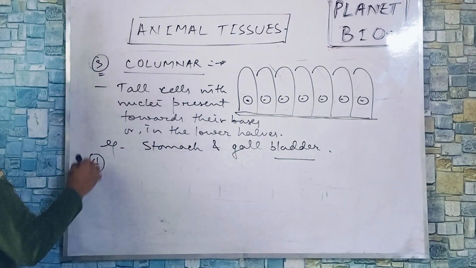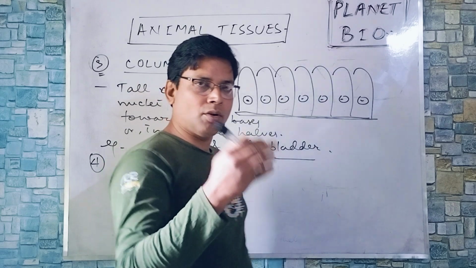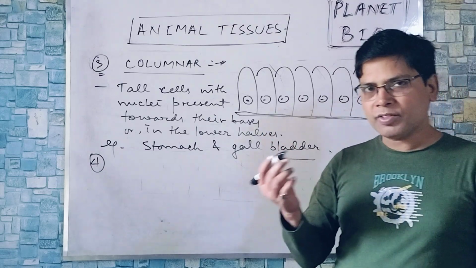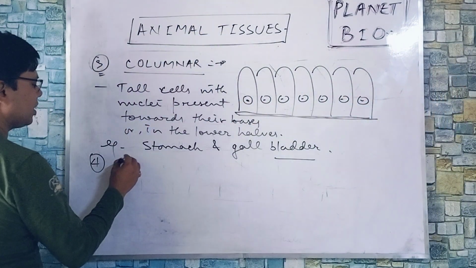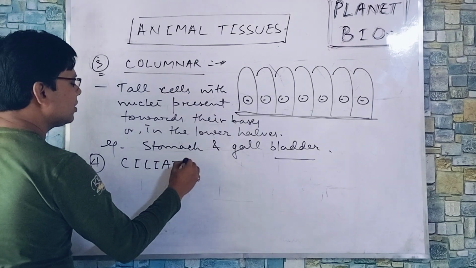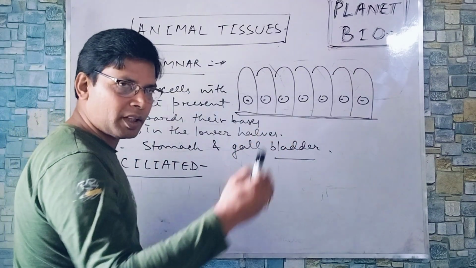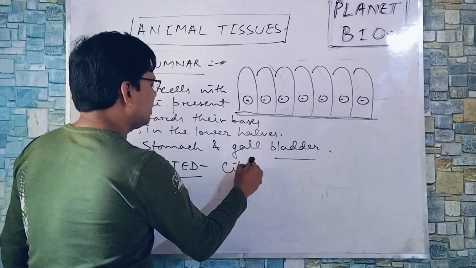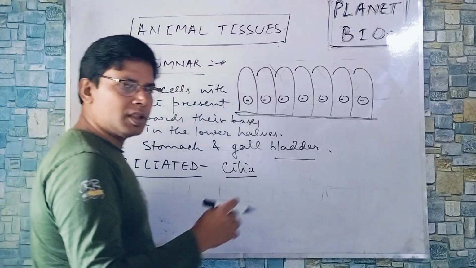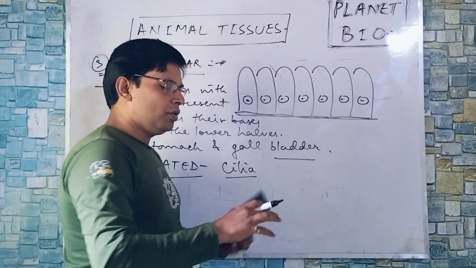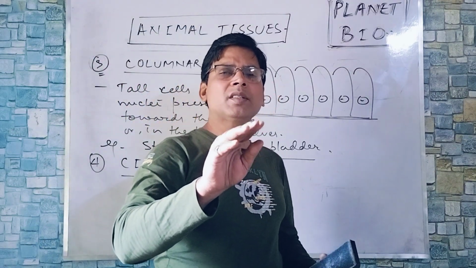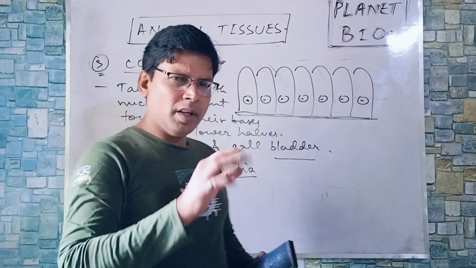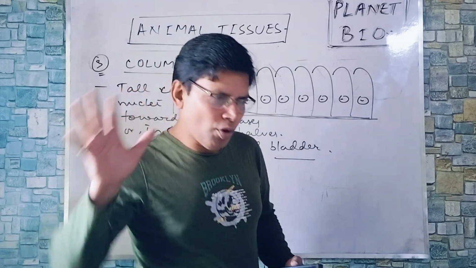But as the cuboidal cells or the columnar cells, so you can see these cells, tall cells or cube-like cells have cilia. At their free ends, they become ciliated. For movement of dust particles, for movement of ova in the body. So cilia, what are cilia? Cilia are numerous, minute. Numerous means many. Minute, small, hair-like structures for movement of